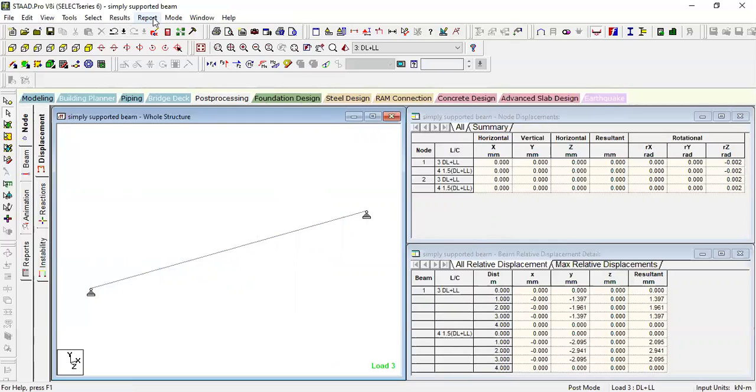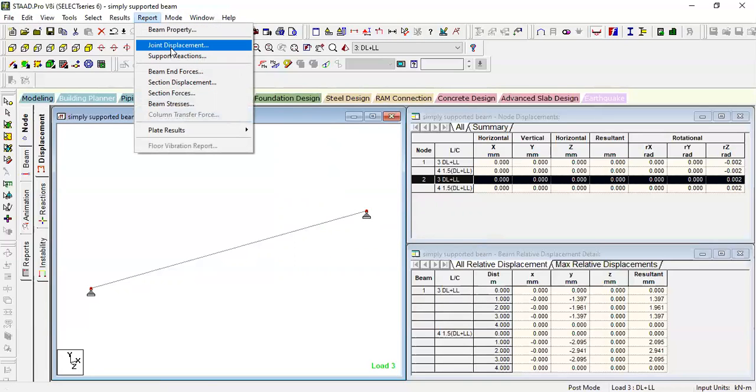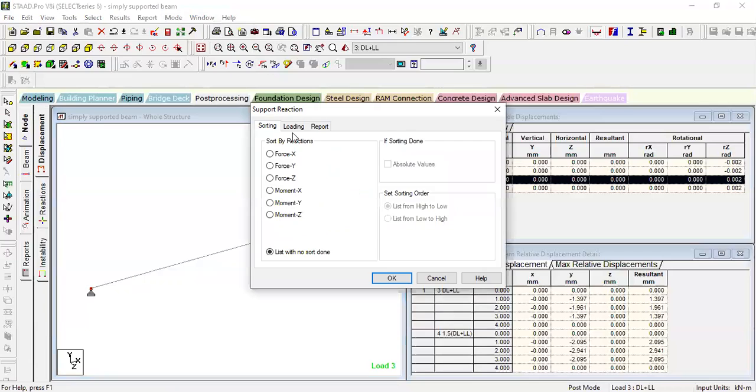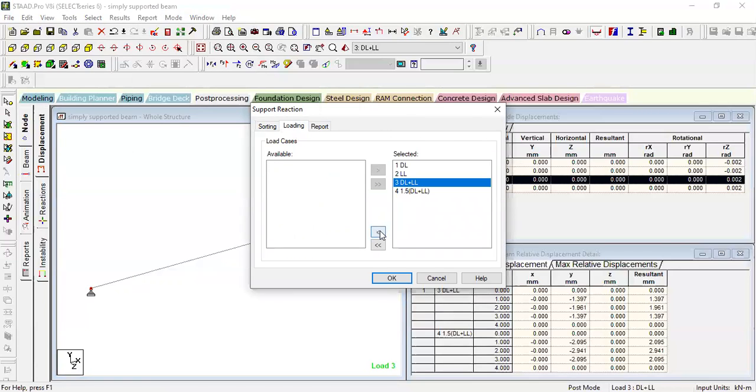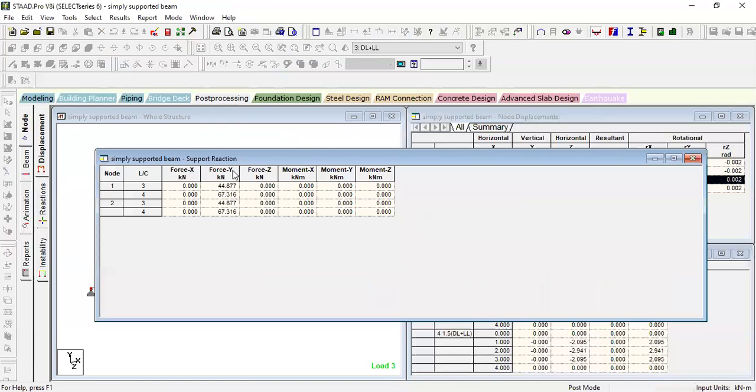Now if you want to find out the support reactions, click on the node cursor, select these two nodes, go to report and click on support reaction. It will ask for loading. Click these two and OK. Now you can see Fy is nothing but the support reaction, and load combination.